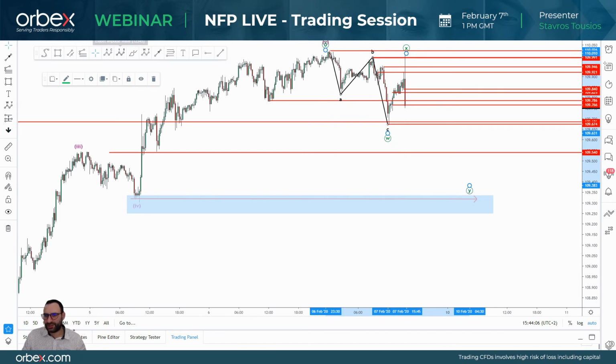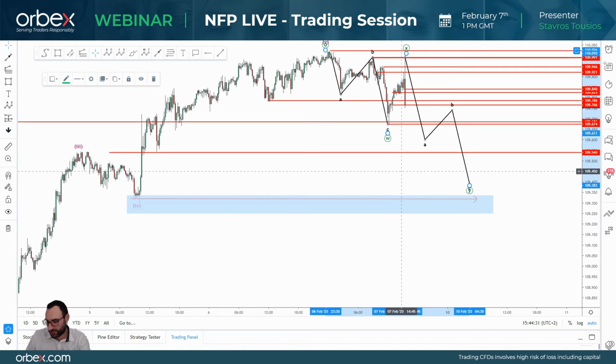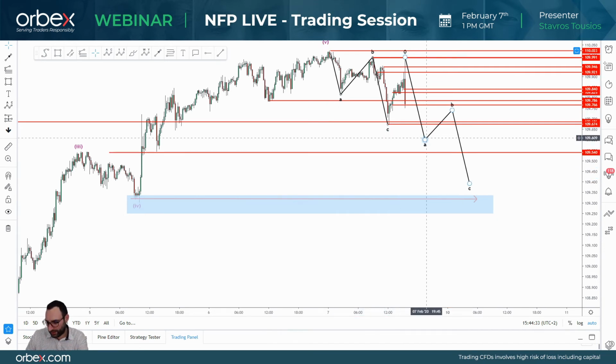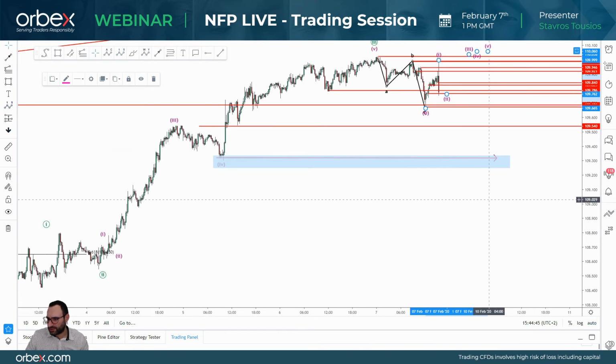And potentially, we're going to see prices again moving down with an ABC move, right? Which actually is against what we've just seen, because dollar-yen, at the moment, at least dollar is supposed to be strong if we take into consideration the latest results, correct? So we might ask ourselves, if we ended over here, this could just be an ABC, and this means that from here we're going to move higher, and we're going to have this is 1, this is 2, and then we're going to have 3, 4, and 5 higher. This is still the case, right?